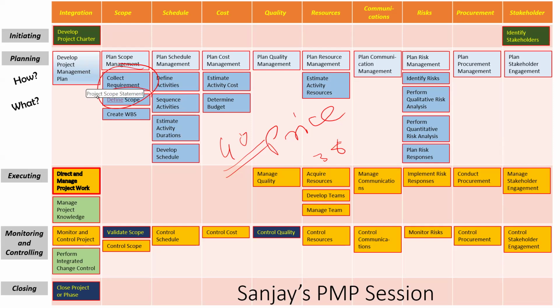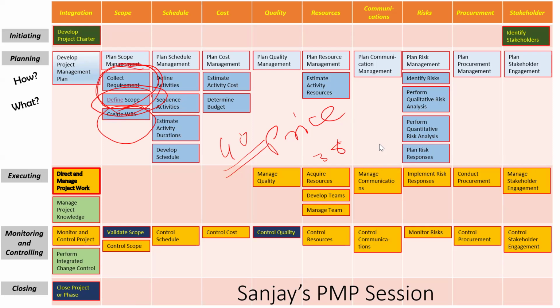After collect requirement, you need to, as I told you, define scope, what is there inside. So collect requirement will happen in the pre-sale project, not in the delivery project. And in fact, define scope as well, because unless you define scope, you can't. So define scope is done as a part of pre-sale. Now, once the scope is there, breaking it into the work breakdown structure will be done in the delivery project. Is that correct, friends? Are you getting this?